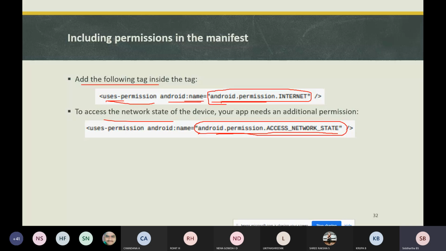Within the try block, you open the URL, an instance of the URL, where you are going to pass the string. Then you are going to make a connection, an HTTP URL connection, so that is url.openConnection. This is how you set the read timeout and connection timeout: whatever connection you are making, the connection object dot setReadTimeout. Whatever value you give will be in milliseconds.